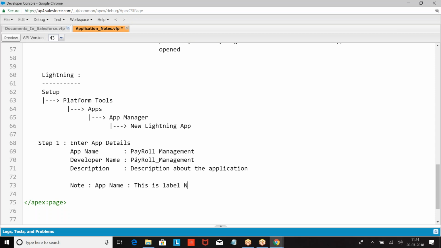This is the label name with which the application will be displayed.